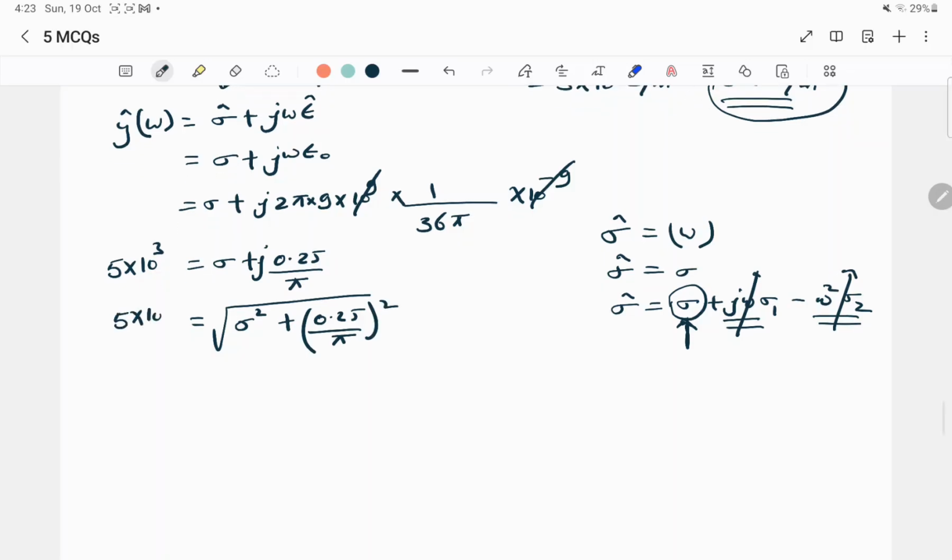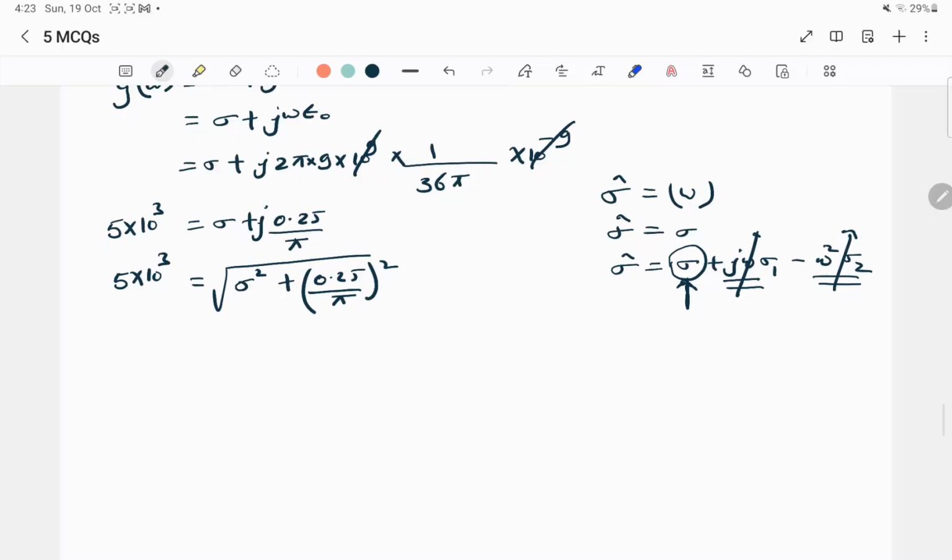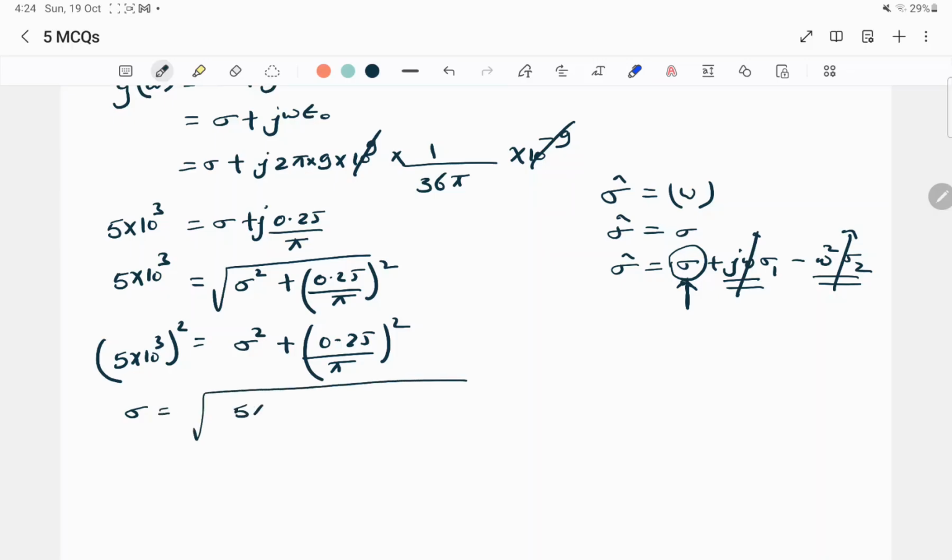This is 5 into 10 to the power 3. So if you take square on both sides, you will get (5 into 10 to the power 3) whole square is equal to sigma square plus (0.25 divided by pi) whole square. So if you solve this, you get sigma is equal to under root of (5 into 10 to the power 3) whole square minus (0.25 divided by pi) whole square, which is equal to